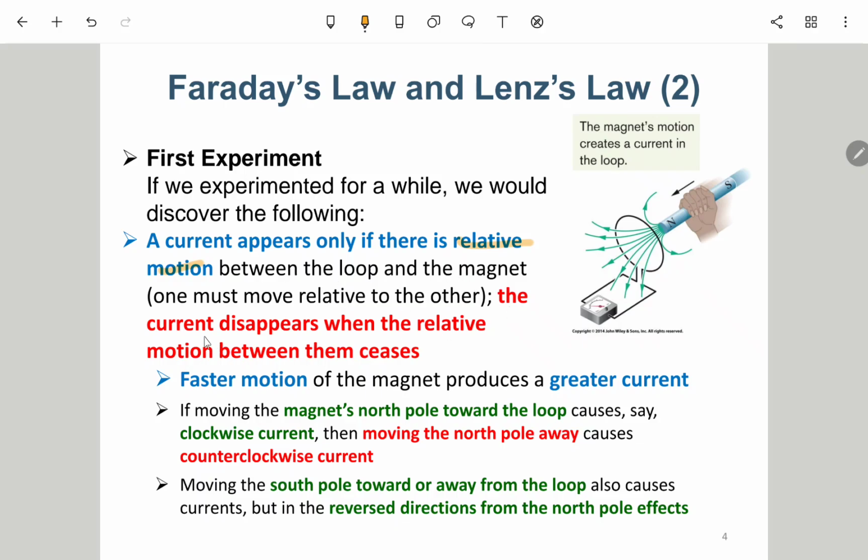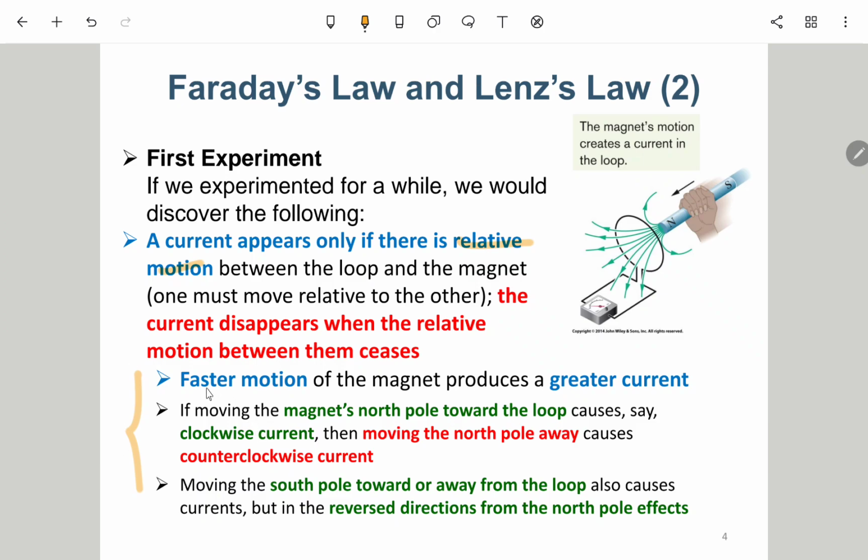The current disappears when the relative motion between them ceases. 就是没有相对运动的时候就没有电流。